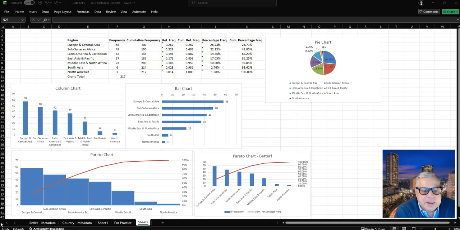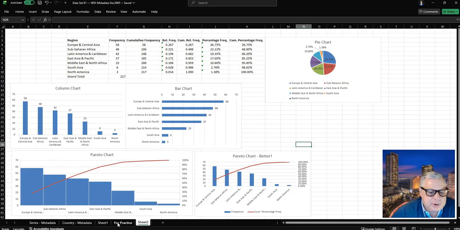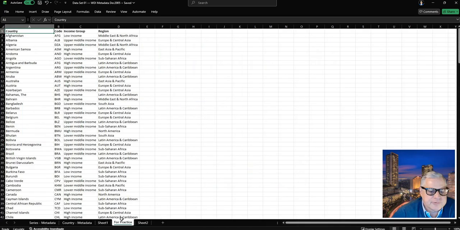If that is a question I'm interested in, then the correct visualization or the correct tabular form of describing that kind of data would be a crosstab. And for that purpose, we use again a pivot table. But what we need to do is we first highlight the entire array of our data. You can do that either with Control A,